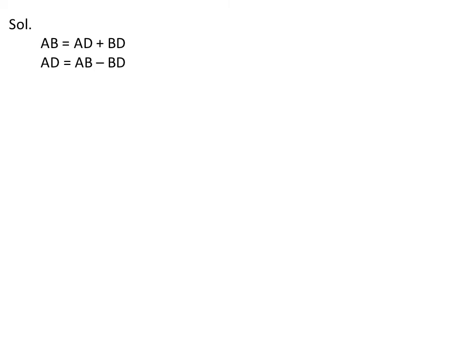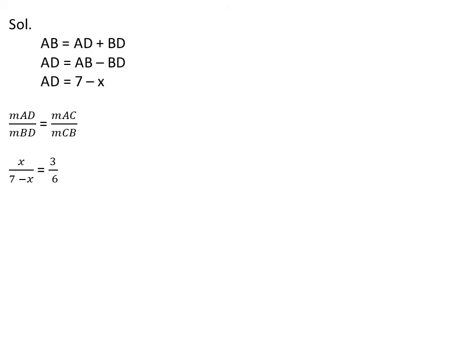Here we put the values of AB and BD, as the value of AB is given, which is 7, and we suppose BD equal to x. So we write AD equal to 7 minus x. Now we will write measure AD over measure BD equal to measure AC over measure CB. It means that the sides AD, BD, AC and CB are in proportion. Now we write the values of all these sides. So we get x over 7 minus x equal to 3 over 6.